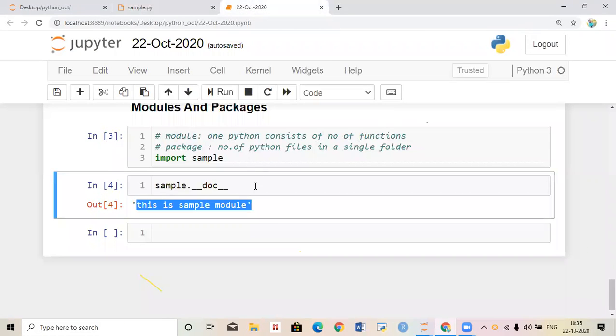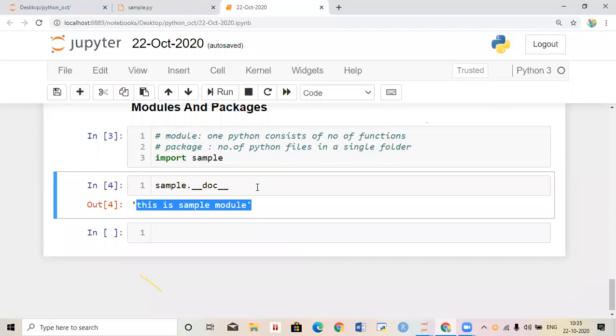Now I want to call the even function. Before calling, I want to check how many methods are there in the sample module. How to check the methods available in a particular data structure? Already completed.